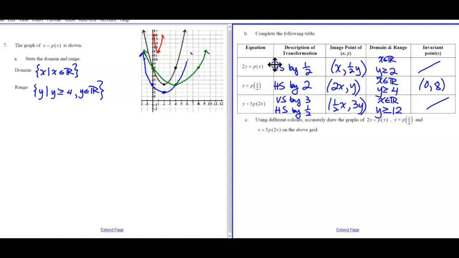This has to be twice as big as it was before, right? So for every x value, it has to be twice as big if you're dividing it by 2. So that's why it's a horizontal stretch by 2. Okay? So you have to do that to get it back to the beginning for the x's. This would have to be half as much as it was, in order to get back to the original. Alright, so